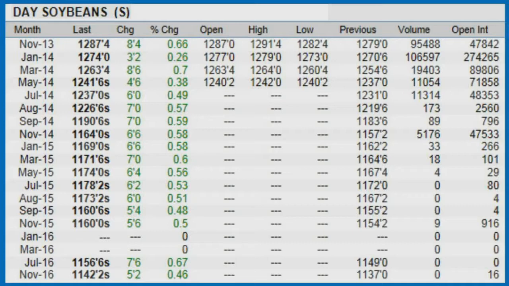Again, you can project out to 2015 and 2016. Typically, futures are sold 2 to 3 years out in advance. And again, you have all these contract months that you can buy and sell, and all of them provide some kind of level of price projection for the market.